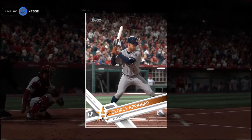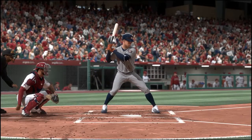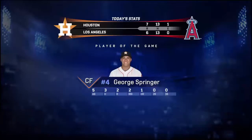Well, the lineup was clicking for him in this contest, and the man you see there was a major contributor. For that, he's the top player of the game. Yeah, no question. He was a tough out up there. Ended up